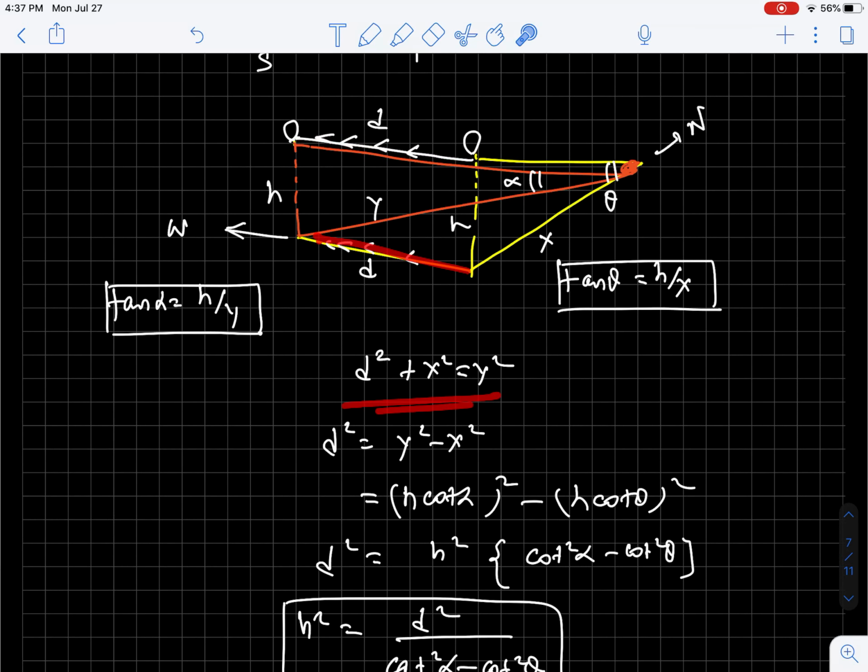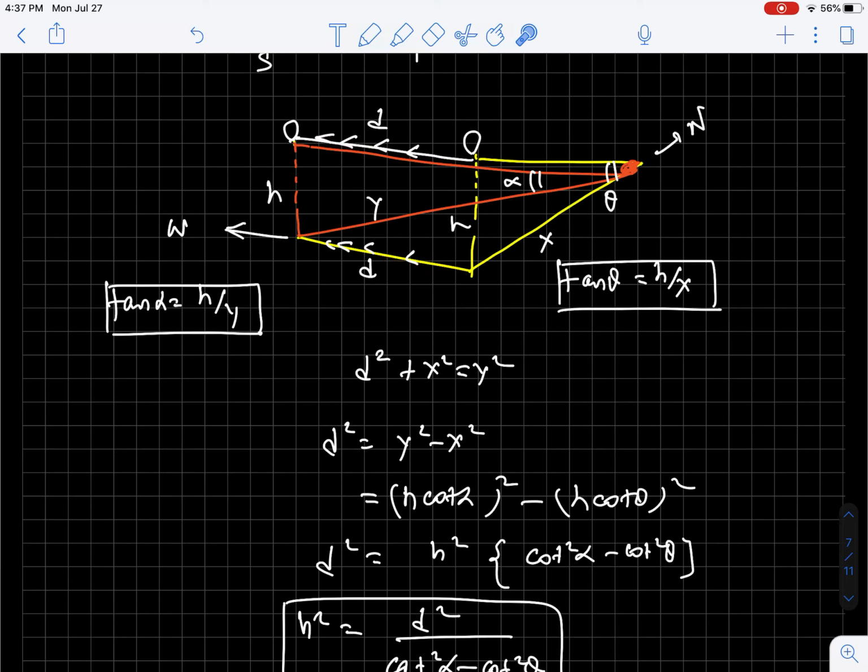Now see this triangle, because this direction is north, this direction is west, these lines are at 90 degree. This is distance x, this is distance d, and this is distance y. This makes another right triangle. So there are three right triangles. One is of angle of depression from initial point, second is for angle of depression from second point, and now if balloon flies from this point to this point, you will further displace by d.